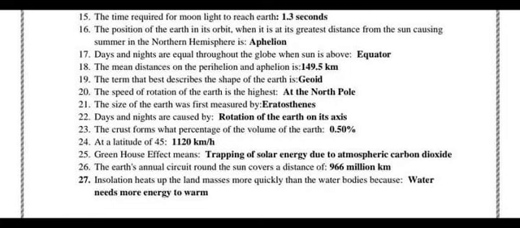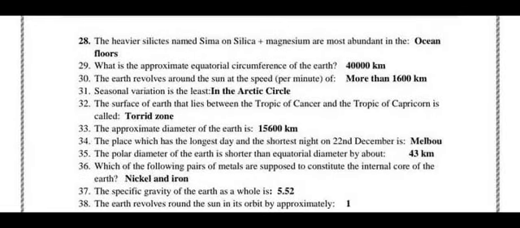atmospheric carbon dioxide. The Earth's annual circuit around the Sun covers a distance of 966 million kilometers. Insolation heats up the land masses more quickly than the water bodies because water needs more energy to warm. Next is the heavier silicates named